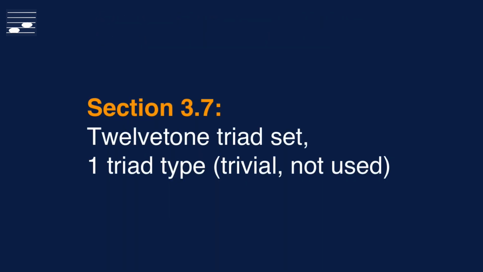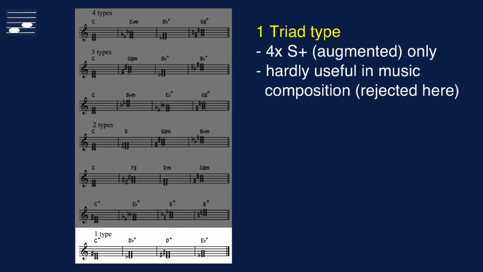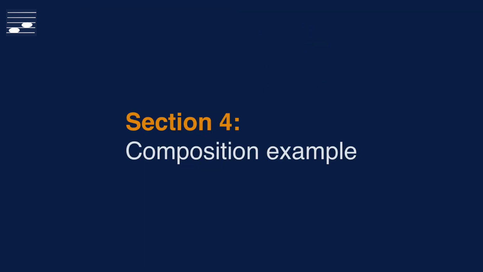And now the final regular triad 12-tone triad set, the option that consists of 1 triad type only. It is the set of 4 augmented chords on chromatically ascending roots. I find this set too poor to use for analysis and in an example composition, so I decided to reject this option. Instead, let's demonstrate a somewhat longer composition example that uses the first set with the 4 triad types: